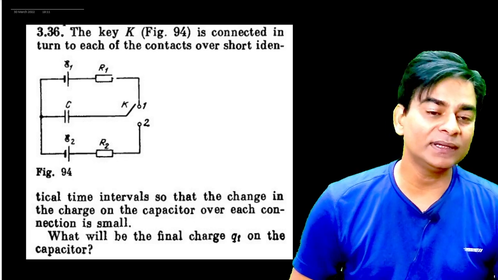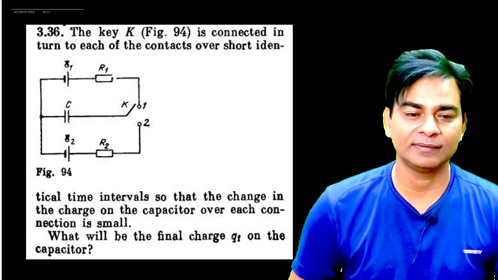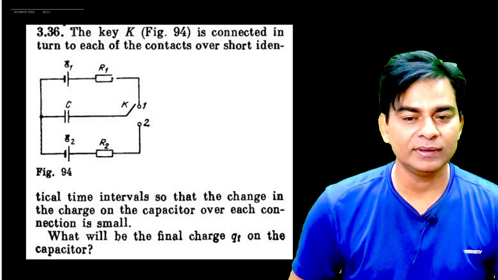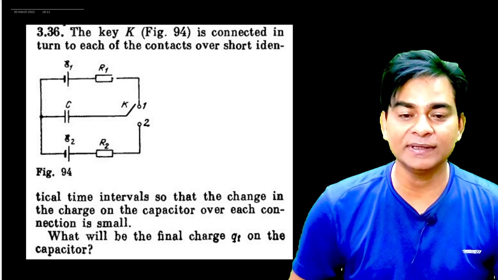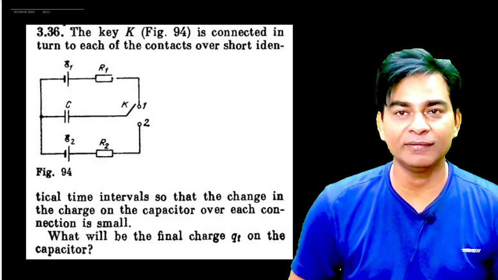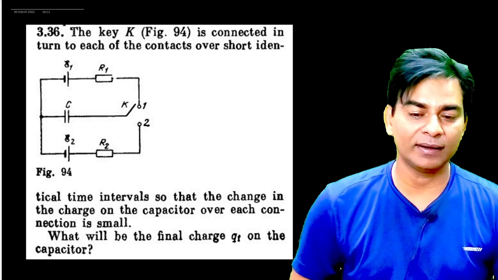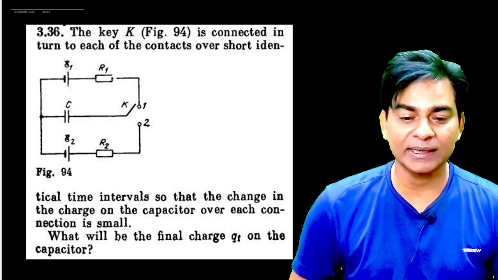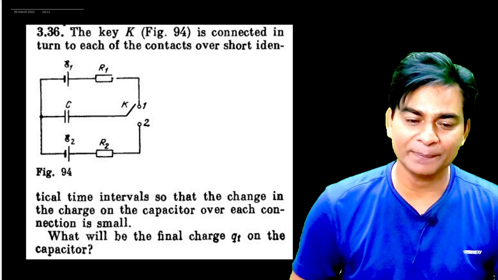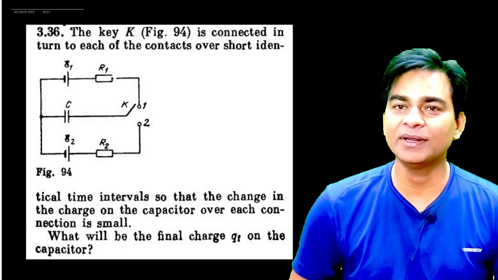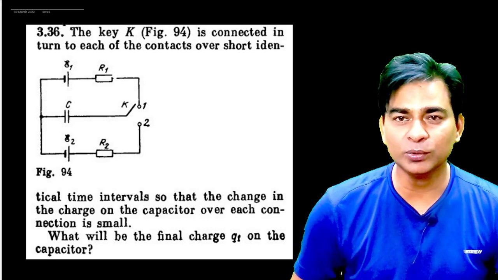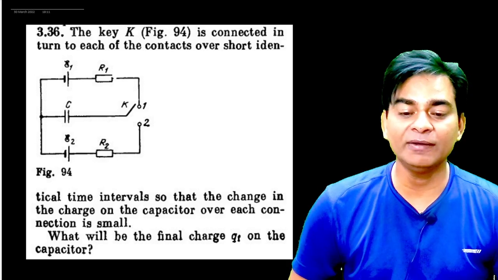So it's problem number 3.36. The key K, figure 94, is connected in turn to each of the contacts over short identical time intervals, so that the change in the charge on the capacitor over each connection is small. The time interval is small, and it also says the charge changes only a little in one connection. What will be the final charge